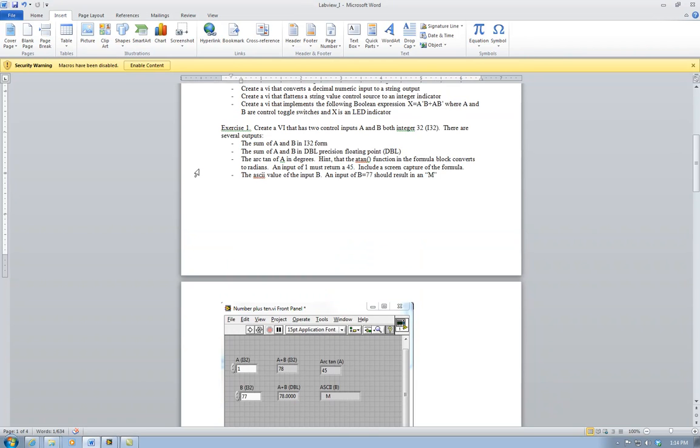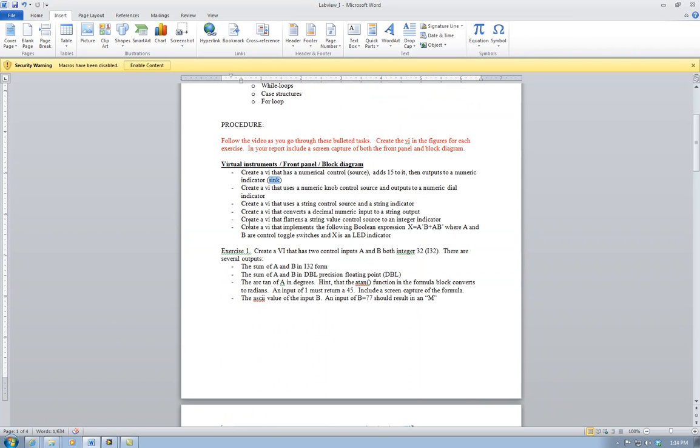So the next thing I'm going to do is convert. I'm going to reverse the order. I'm going to flatten an integer to a string value. What does that mean? So when you represent string data, this is just a bunch of ASCII characters, one